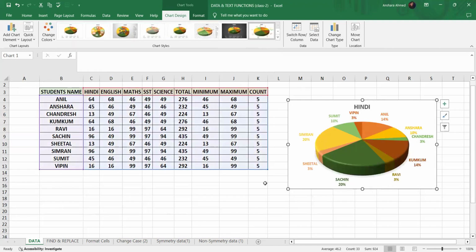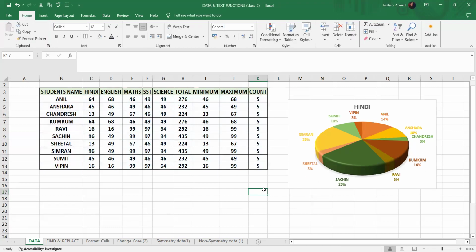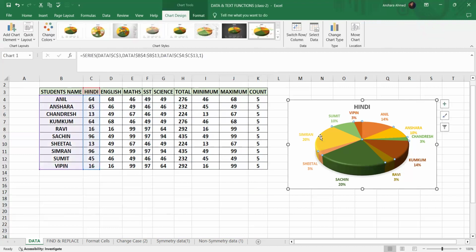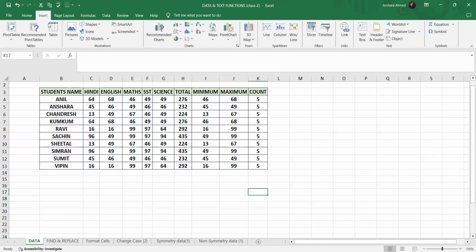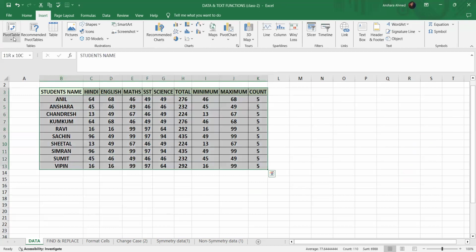So here is how you can select your charts and designs, right? Now I'll delete this. I hope you all understand how you can use the chart in your data. Now go to Insert for selected data. Okay, now here